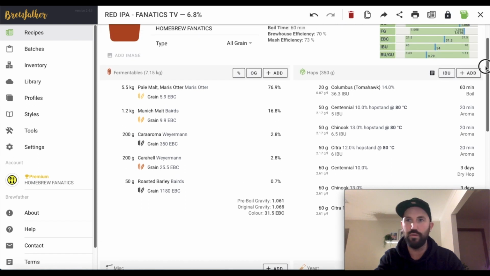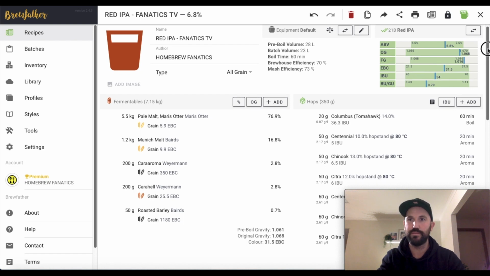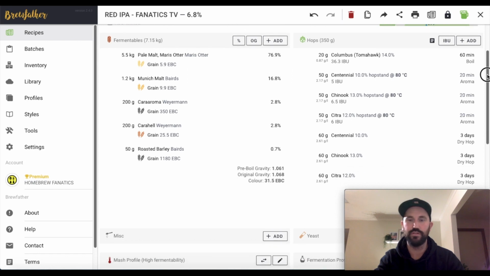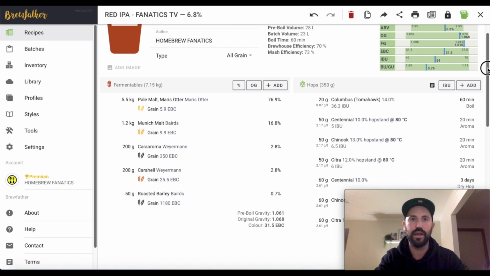So if we think about the whole recipe in general now, the theme is probably focusing on a bit of balance. So a bit of a balance between malt and hops, but also with the specific hops. So you got a bit of a balance between that citrus and tropical hop profile. So best of both worlds there. So not too dominant one way. So I think I'm happy with that in terms of hops and malt. We'll move on